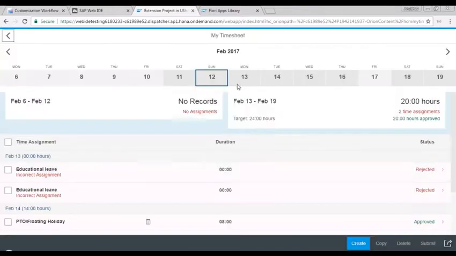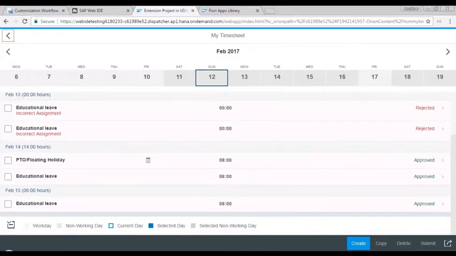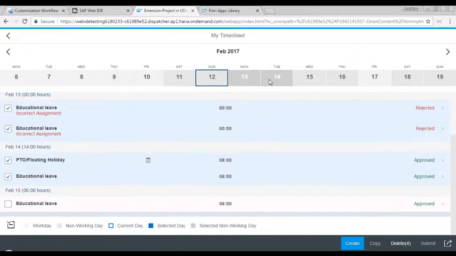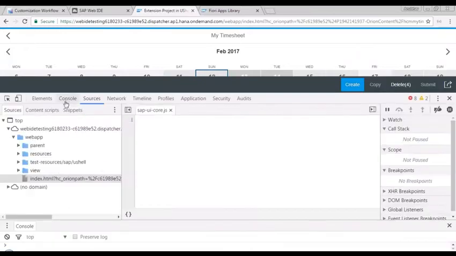It cannot be fulfilled just by restricting him to select the calendar, because then you have to also restrict selection of multiple check boxes as well. So it's always better that you probably do it on create button, because without this create button he cannot really do it. Okay, so let's see 13th and 14th, and I just press F12